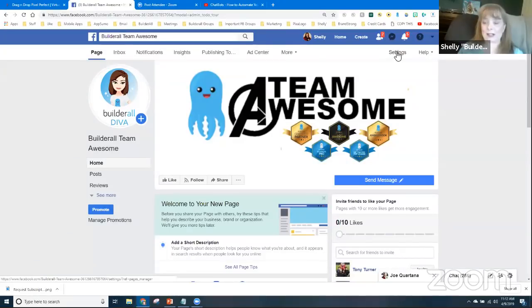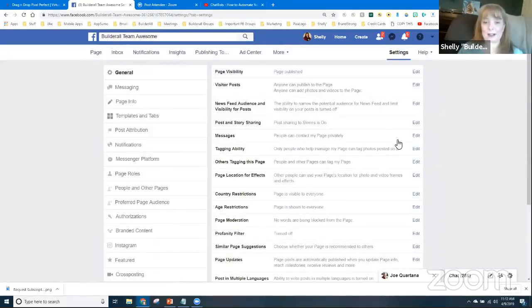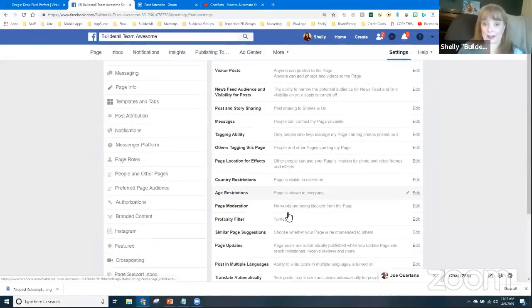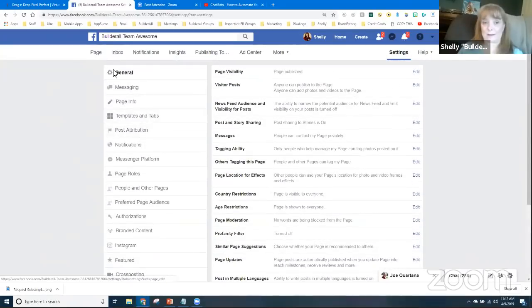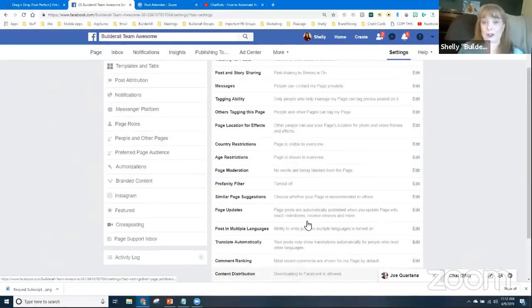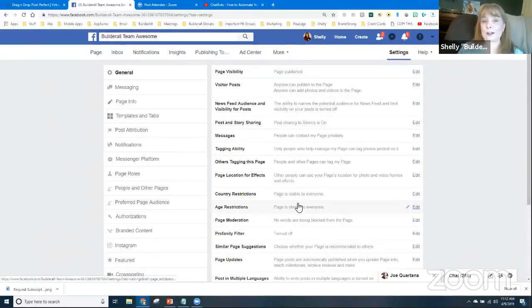So when you see it, you can click it, and it's going to pull up all the settings for that page. And you can see there's a ton of them. This is the General tab, and you can see just all the settings for the General tab alone. And what you're going to focus on for your Facebook page is this one right here. It's called Messaging.